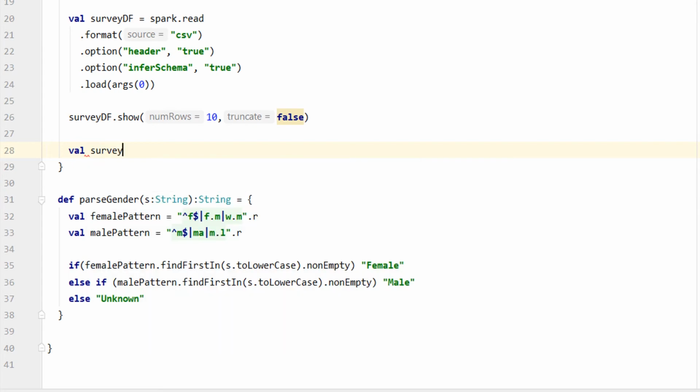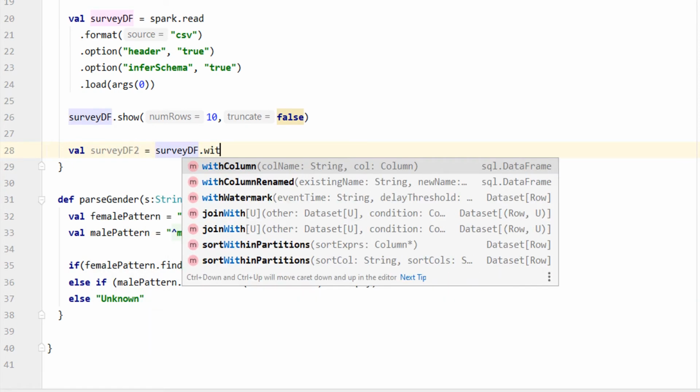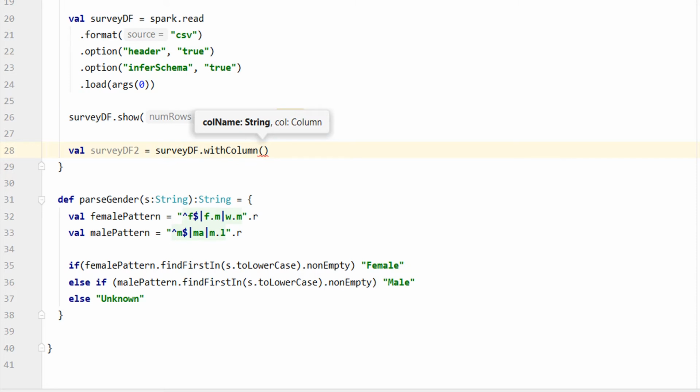I'm going to create a new data frame transforming the existing data frame and I'm going to use the withColumn transformation. What is the withColumn and why am I using it? Let me explain. The withColumn transformation allows you to transform a single column without impacting other columns in the data frame. It takes two arguments. The first argument is the column name that you want to transform.